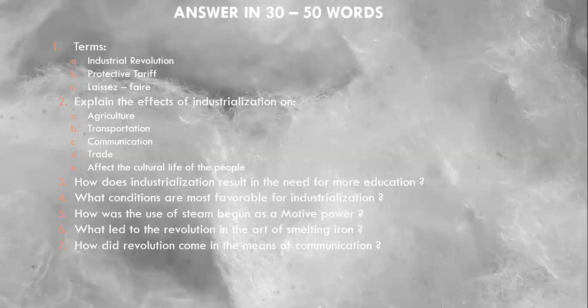So, because of industrialization, now a lot of production took place, and because of the new modes of transport and the revolution in the transport section, these productions, these goods, could reach the different parts of the world.